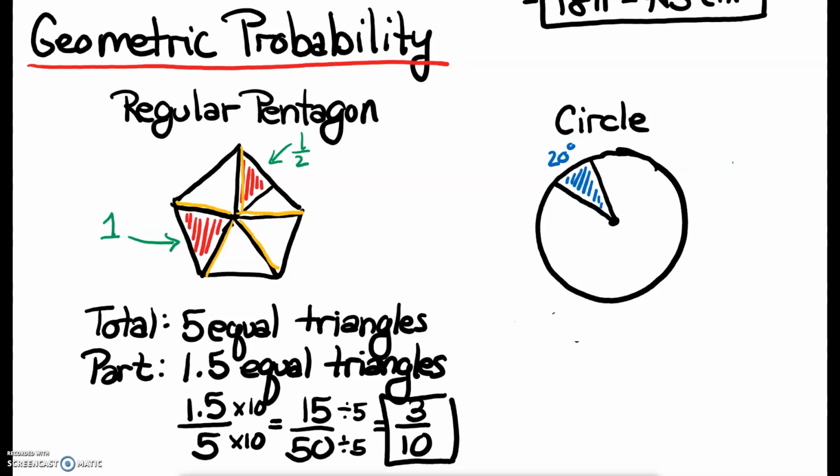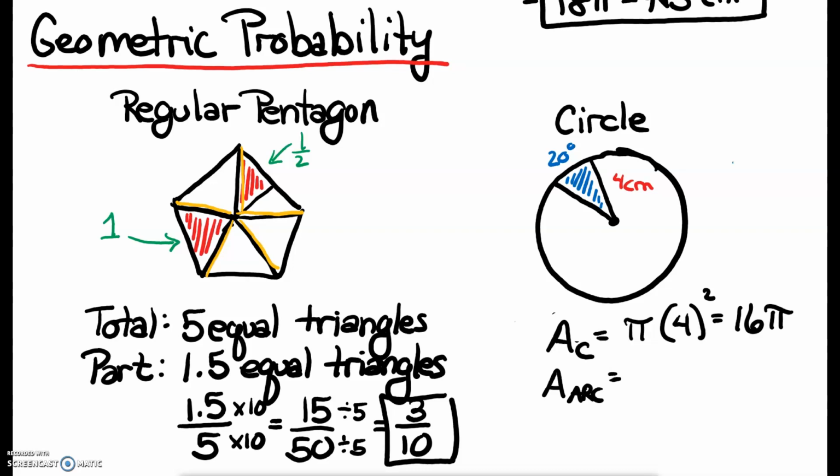When we're finding the probability that a dart or some point randomly will end up in the shaded region, one of the ways that we can do it is we could find the area of that region and put it over the entire area of the object. So for instance, if this had a radius of 4 centimeters and that was 20, I could say the area of the total circle would be pi times r squared, which is 16 pi. And then I can find the area of the arc,